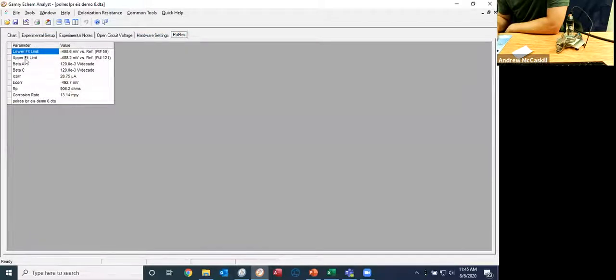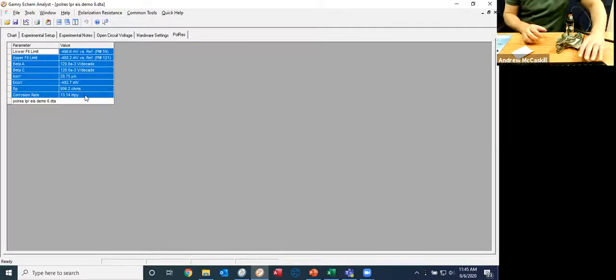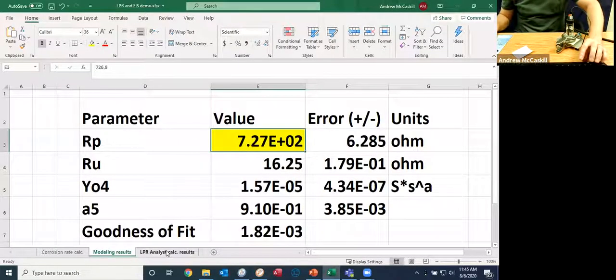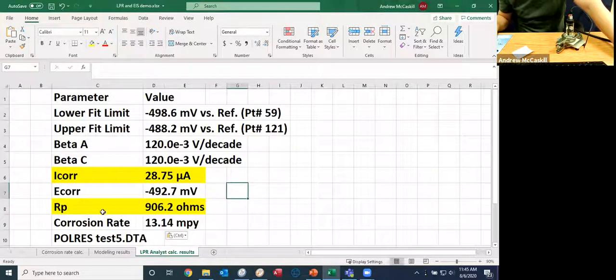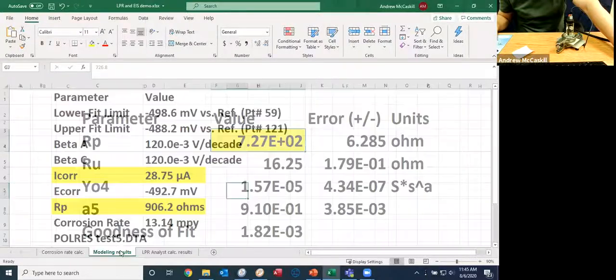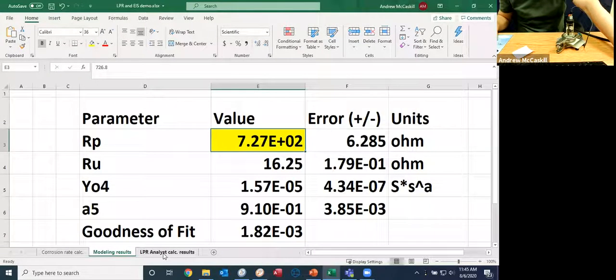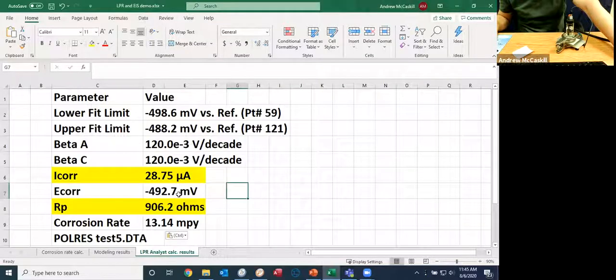And my RP value, let me copy these again so you can see them all. So my RP value has come down to 900. Remember, with the modeling, we were up at 727. Here we're looking at 900. Comes to an I-core of 28 relative to the,